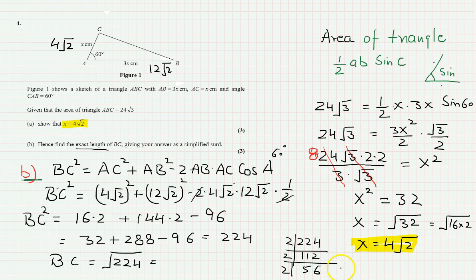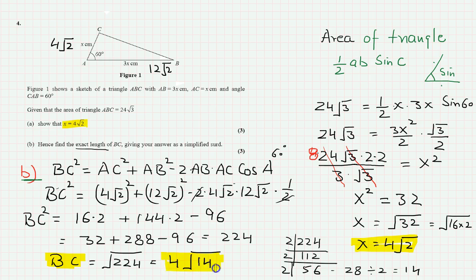Divide by 2 is 28. Divide by 2 is 14. So that is 2 times 2. So this will be 4 root 14. So the length of BC is